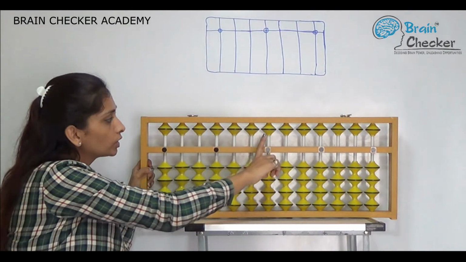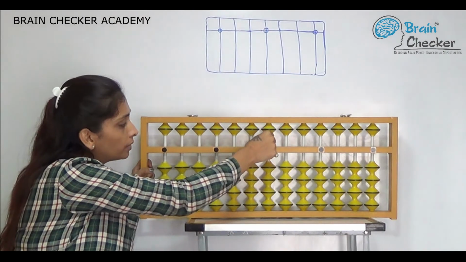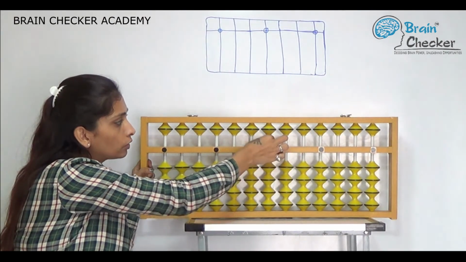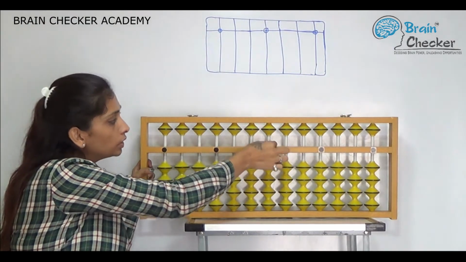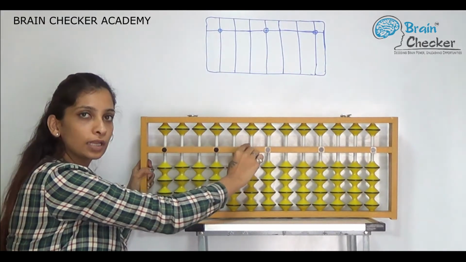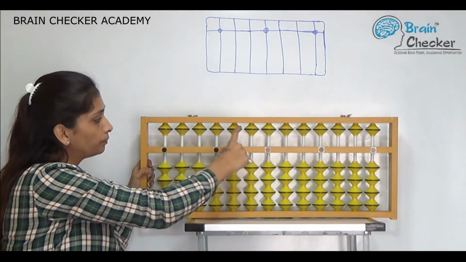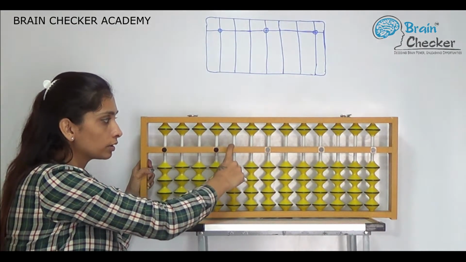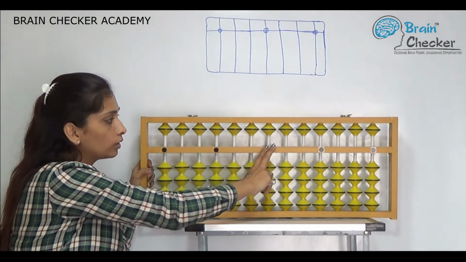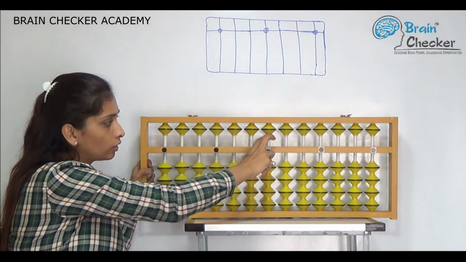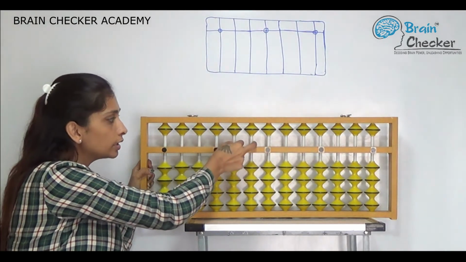So for that we have this unit rod. All the main pointers, the house pointer rod, is known as the unit rod. Next to the unit rod towards the left side is the tens rod, and towards the tens rod's left side is the hundreds rod. So from the house pointer rod: the unit rod, tens rod, and the hundreds rod.